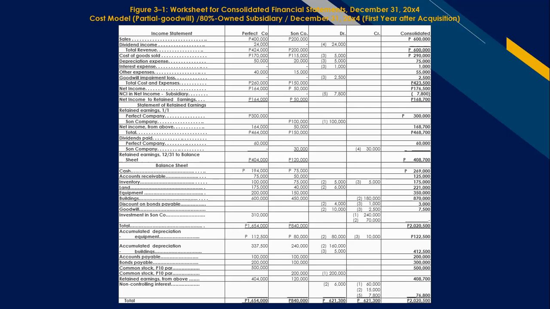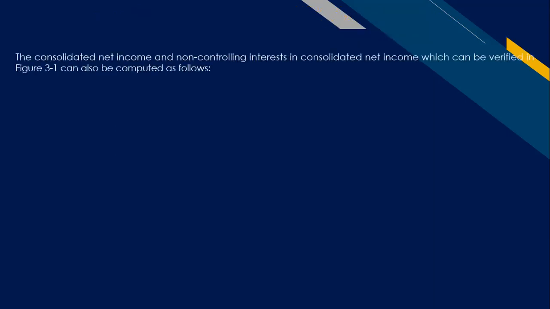Now, after the adjustments and eliminations, you can already forward the balances to the consolidated statements. Like sales, 400 plus 200, so you get 600. And you have to go downward and check the correctness of the amounts. The consolidated net income and non-controlling interest in consolidated net income, which can be verified in figure 3-1, can also